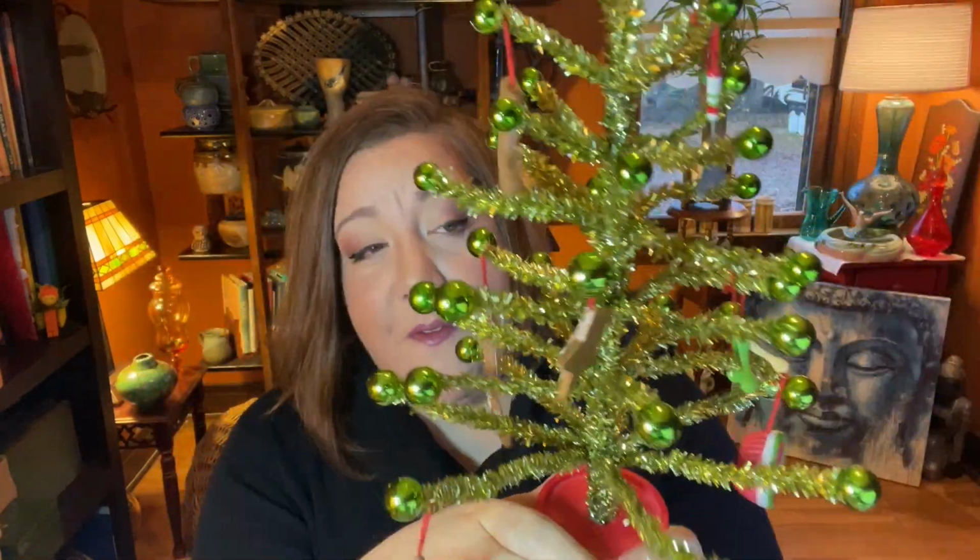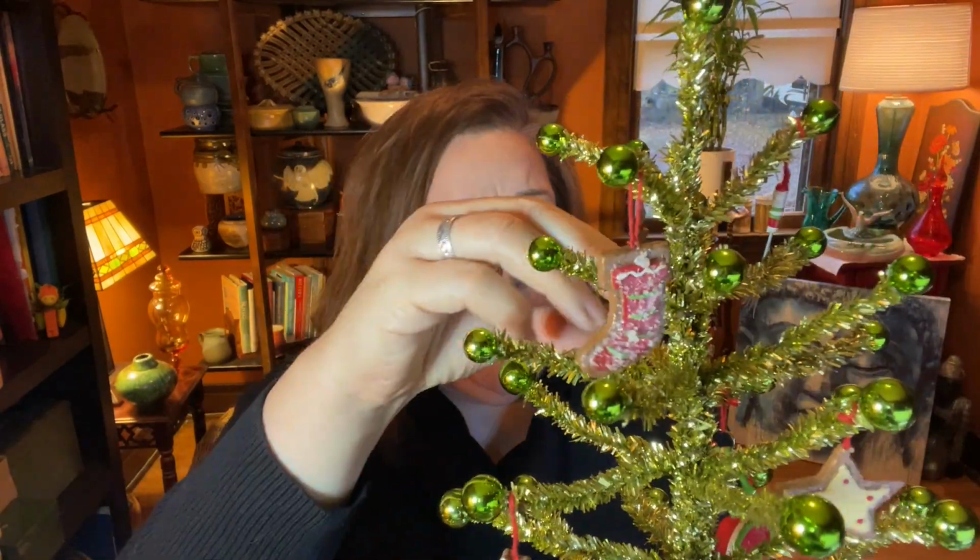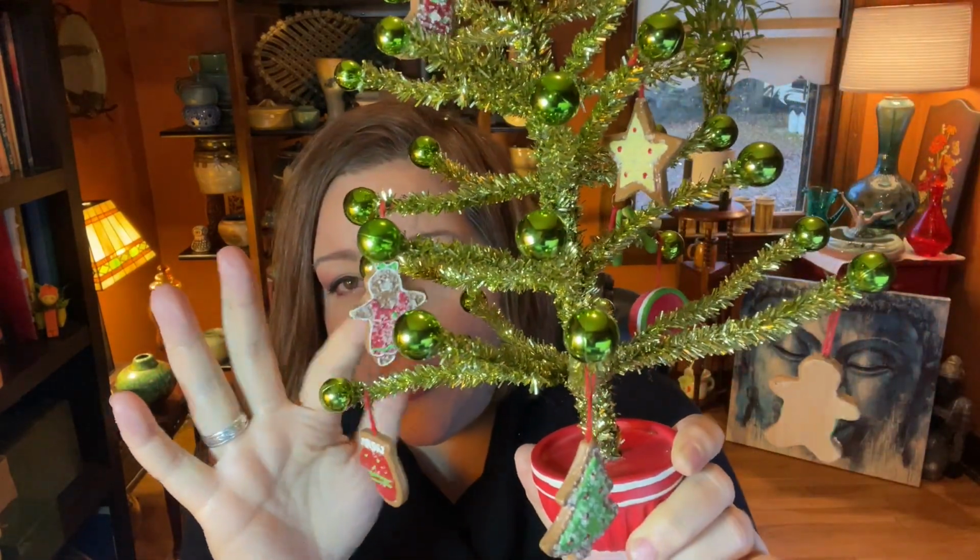It says on the bottom, Carlisle Gifts, so it was bought at a gift shop, and it was priced $38.99. Very fun. Has these fun limbs with these little bulbs at the end. None of them are missing, so it is like perfect. And then it is a wonderful gift for a baker because all of these are little cookies that were